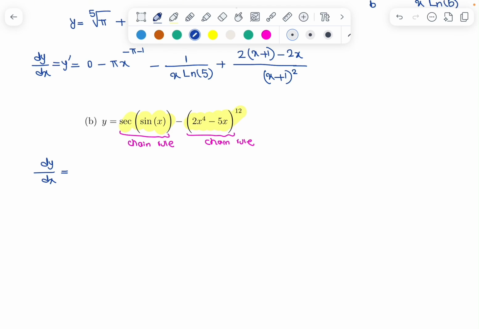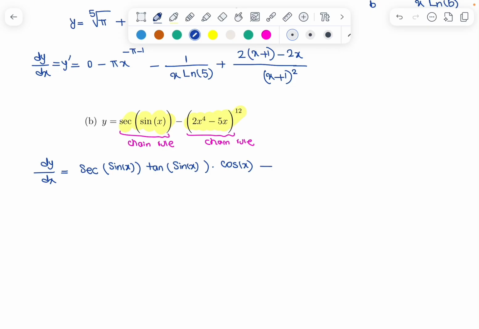The derivative of secant would be secant times tangent. Secant of, times tangent of. But you must plug the inside function back in: secant of sine of x times tangent of sine of x, times the derivative of the inside function. The inside function is sine. The derivative of sine would be cosine of x, minus the derivative of 2x to the 4th minus 5x to the